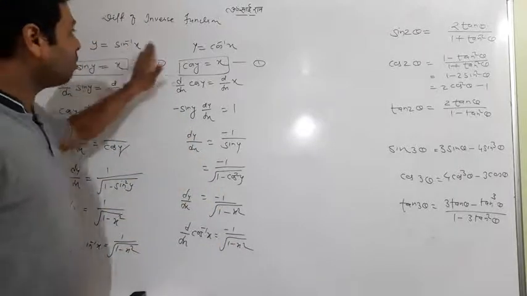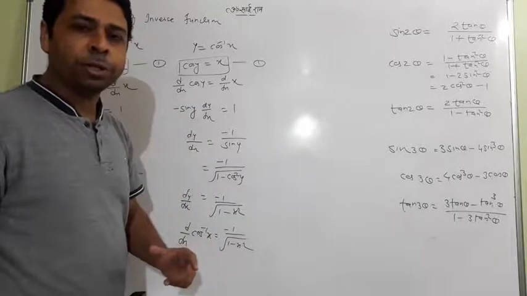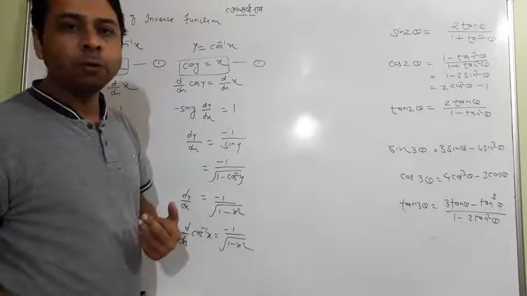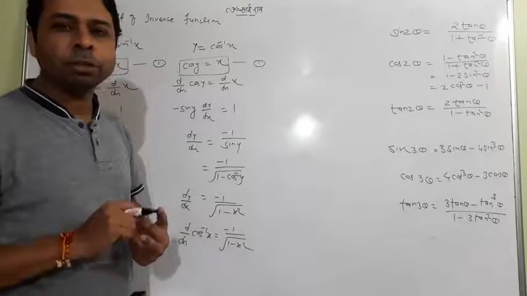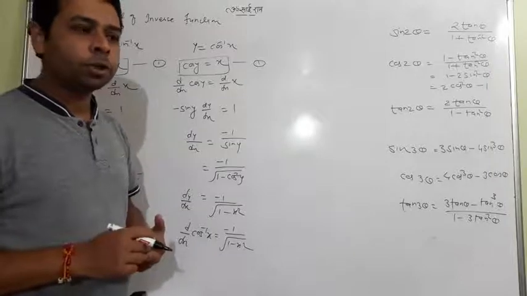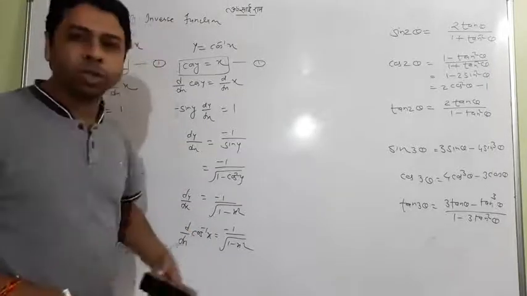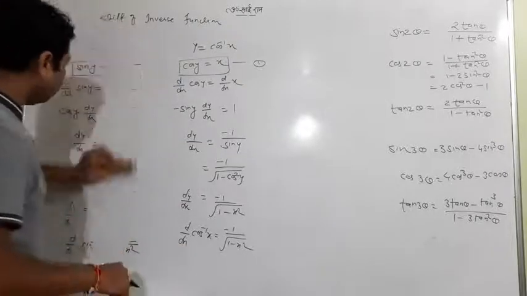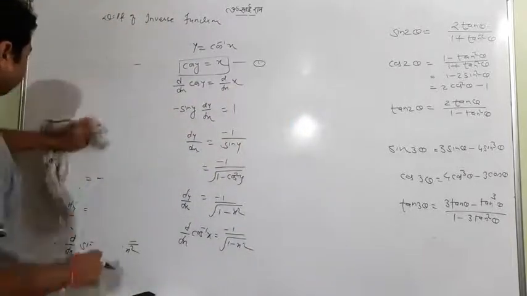So sin inverse x and cos inverse x have a very good symmetry. Similarly we have a symmetry between tan inverse x and cot inverse x, meaning if you know the formula of tan inverse x, just by putting a minus sign after it you can find the differentiation of cot inverse x, and similarly with sec inverse x and cosec inverse x. Okay, so let me first erase all, and I will tell you the next formula.